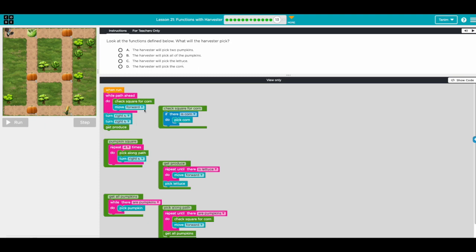Okay, let's read the code. So while path ahead, so that means while there is a path ahead, do check square for corn. So just checking for corn, move forward, and then turn right, get produce. So while path ahead, it's going to do the whole thing and check for corn. It's not collecting anything, right? So it's going to go here, it's going to turn right again,